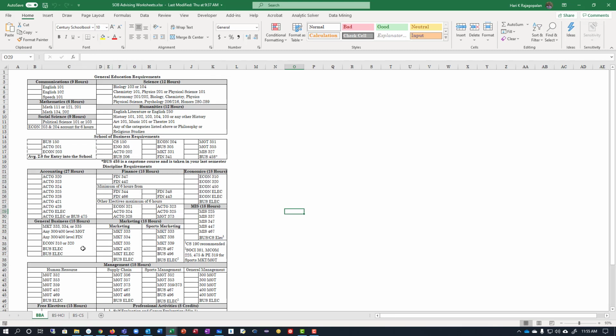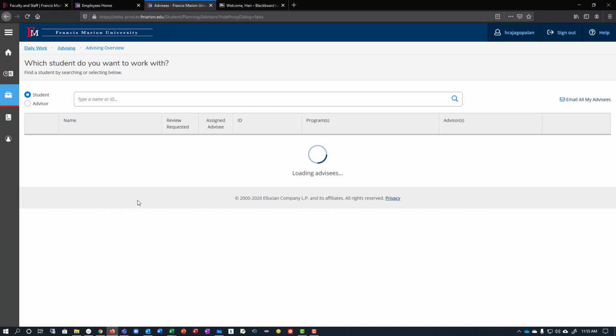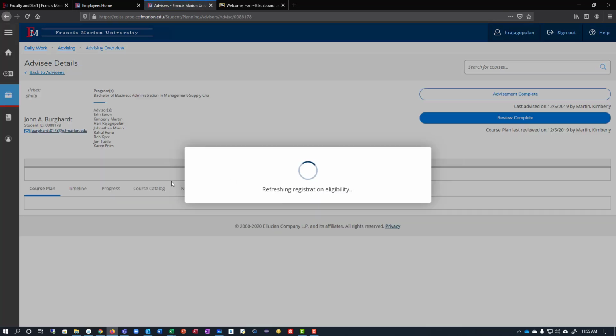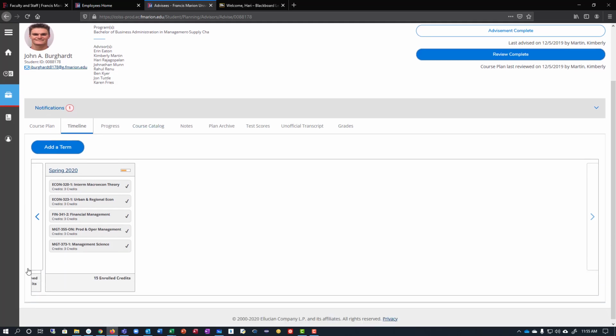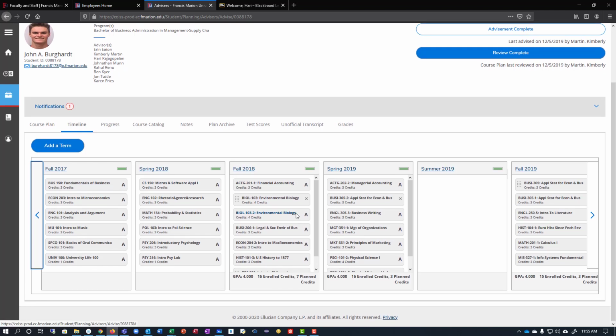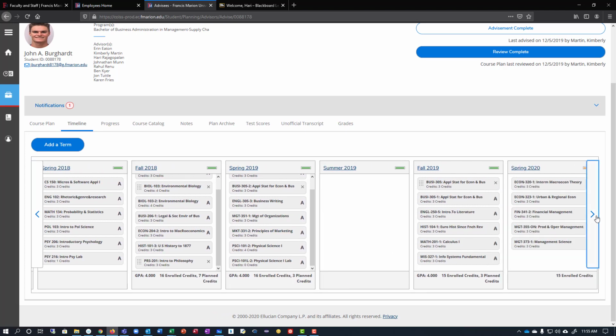Please forward this and ask the students to use, if they go to their advising tool here, if they go to advising, and I'm just going to select a student by default, view details, and if they go to timeline, they have this list of classes they've taken for which they have grades, and you can see a lot of A's here, and ask them to fill up that sheet